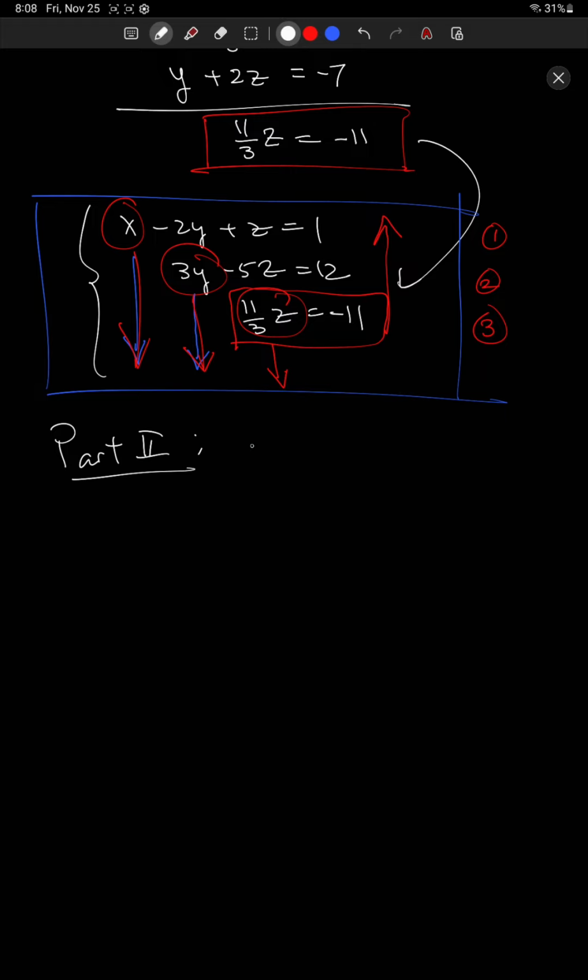This one has a name. This is called back substitution. Actually, our first part has a name too. It's called Gaussian elimination, but let's not bother with the terms at this point. Okay, back substitution. So we look at equation 3. We go from the bottom up. Equation 3 literally says